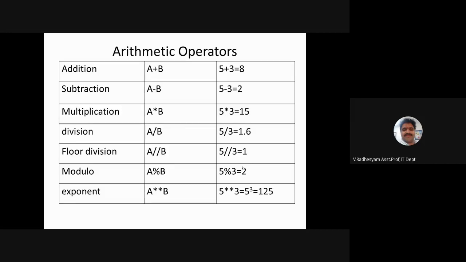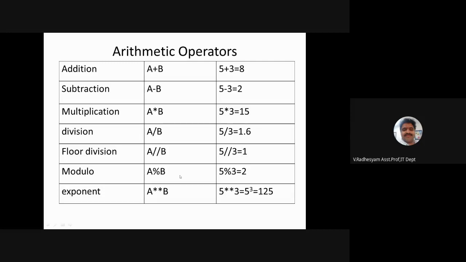So in order to get the value of the division operator equivalent to C programming, we have another operator called floor division. Here you see two lines. A single line is normal division as compared to C programming. A double line is floor division. 5 floor division 3 will give us the quotient value. After dividing 5 with 3, we will get the quotient.